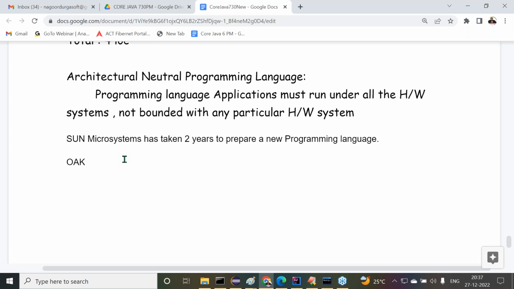Why has Sun Microsystems rejected this opinion? Oak is already an existing programming language name. At the time, in 1991 and 1992, Sun Microsystems checked and identified that one programming language already existed with the name Oak.